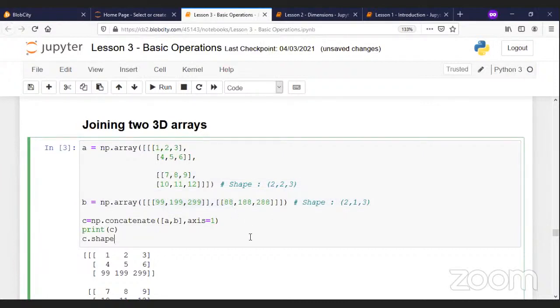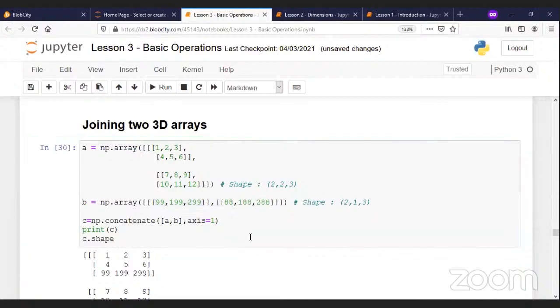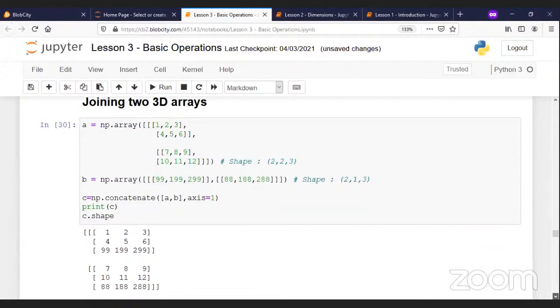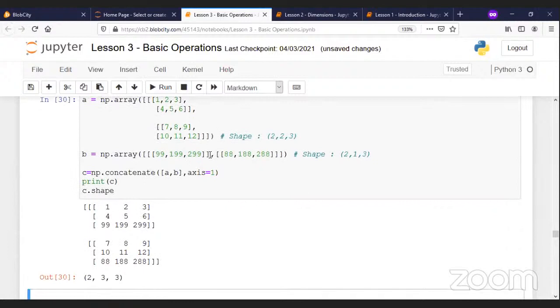Okay, so let's go ahead and run this one. Can you see 99, 199, 299 actually got appended to the first block, and the second one got appended to the second block, resulting in a new shape of 2 matrices of 3 by 3 each, which is here. You can see how interesting it is, right? So moving forward,